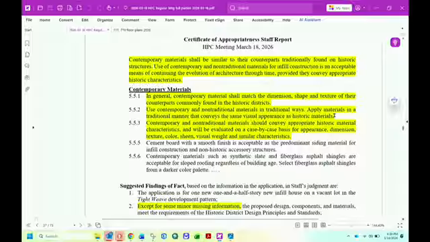Then contemporary and non-traditional materials should convey appropriate historic material characteristics and will be evaluated on a case-by-case basis for appearance, dimension, texture, color, sheen, visual weight, and similar characteristics.